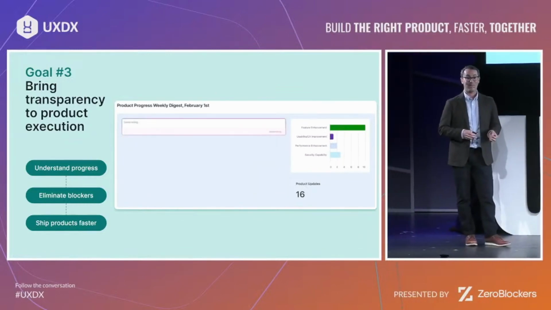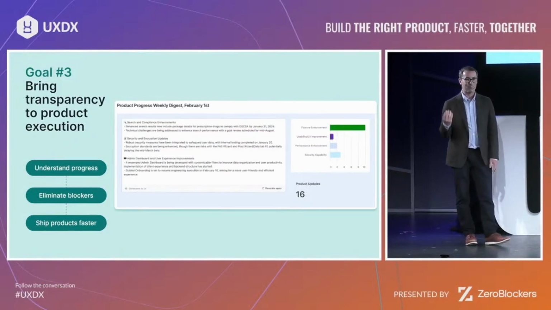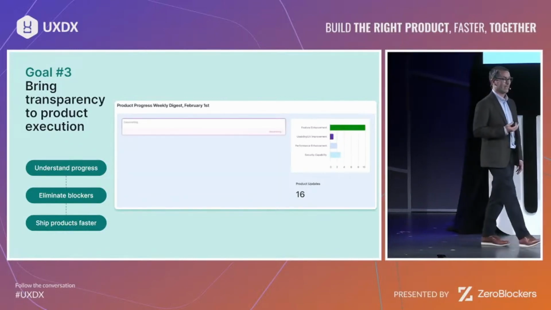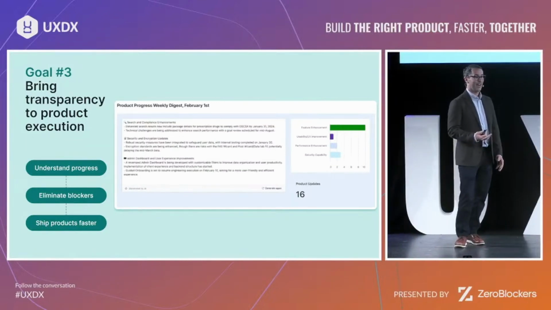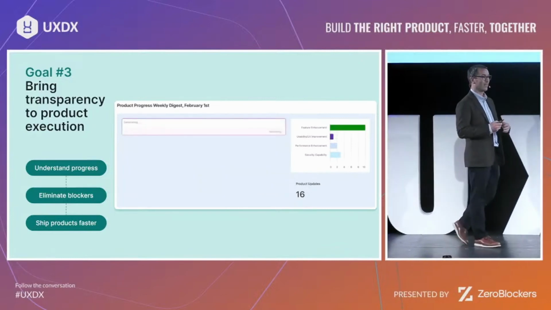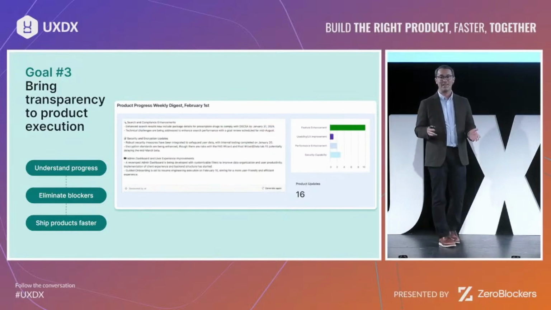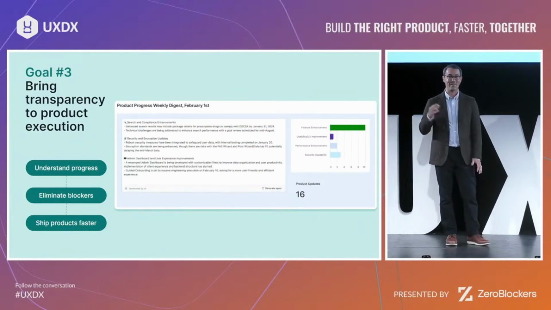And my partner, our head of engineering and head of design, we were brainstorming some areas that we were struggling with on a regular basis. And we thought, I wonder if we could actually use AI to help us ship products faster. We have all these bottlenecks across our teams. We constantly see initiatives getting stuck or being blocked by a dependency or needing input from some leader or from